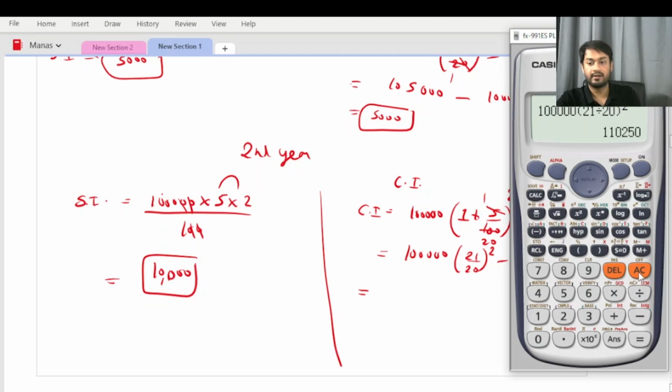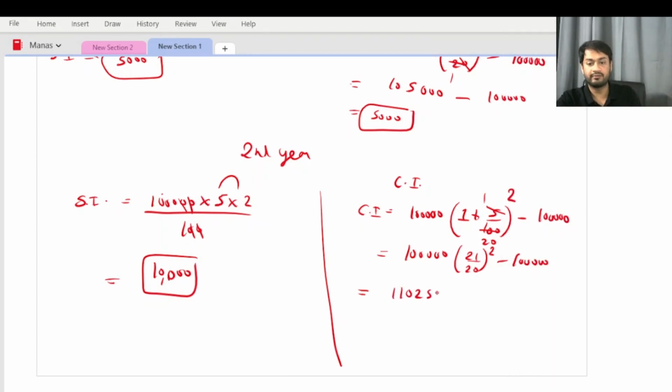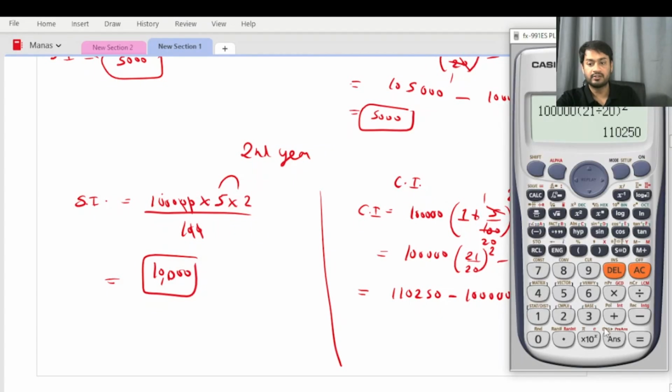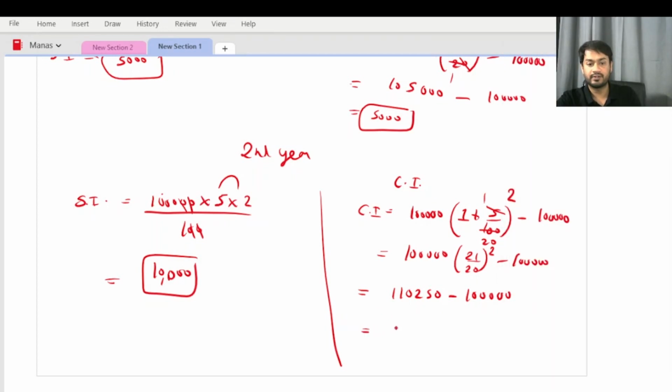Then what you will get, this amount, 110,250 minus 1 lakh, 1 2 3 4 5. Okay, this is 1 lakh. Now subtract 1 lakh from this. What you will get? 10,250. So it is